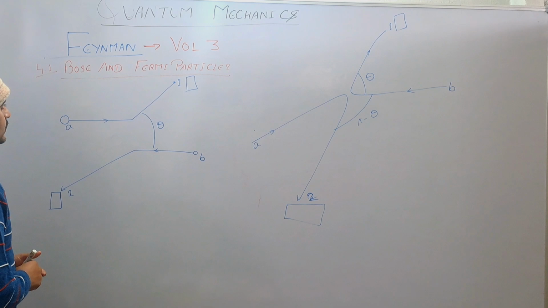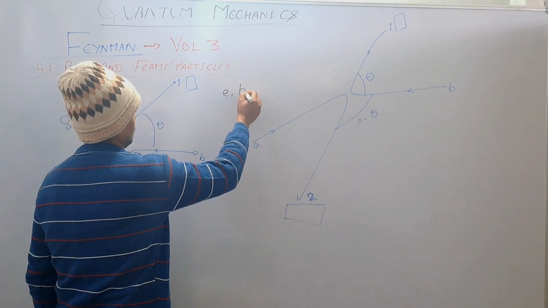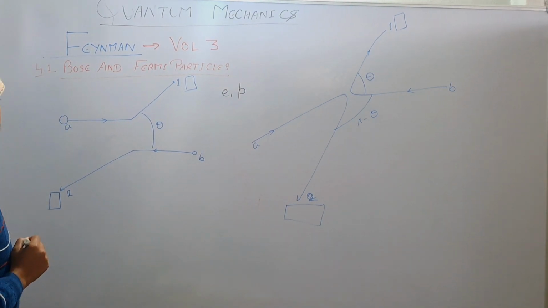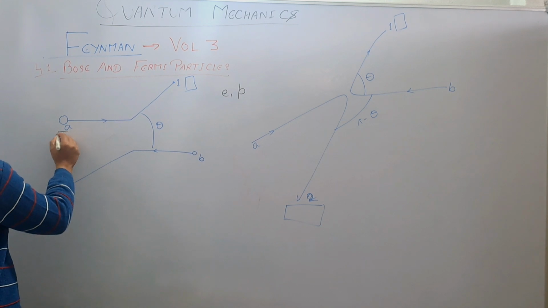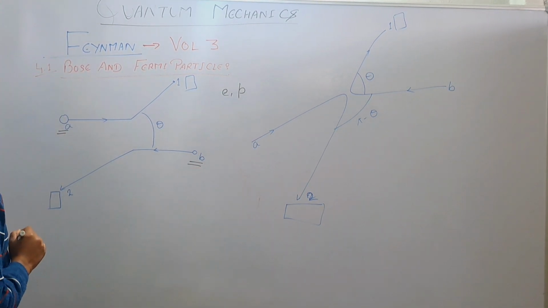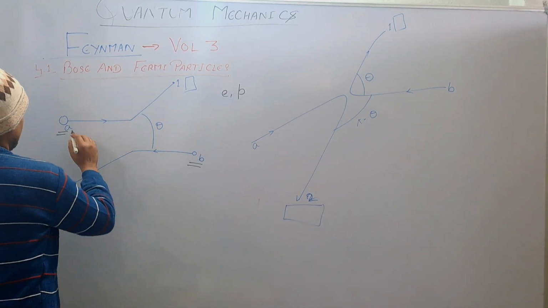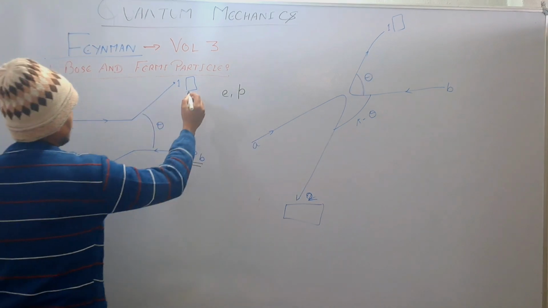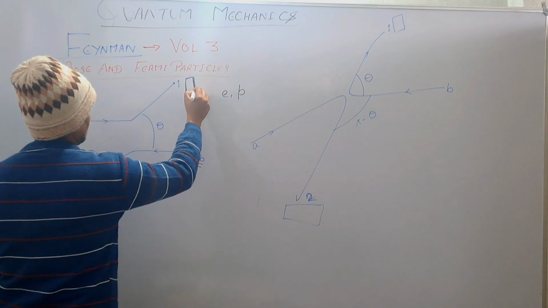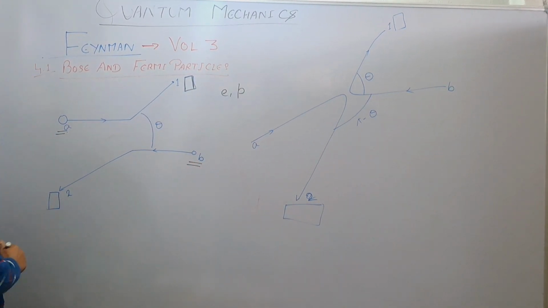Today I am going to explain amplitude for the Fermi particle and Bose particle or boson. We are taking two identical particles like electrons or protons, and these two particles are in collision with each other. Suppose particle A and particle B, which both are identical particles, are in collision, and after the collision A will end up at counter 1 and B will end up at counter 2.